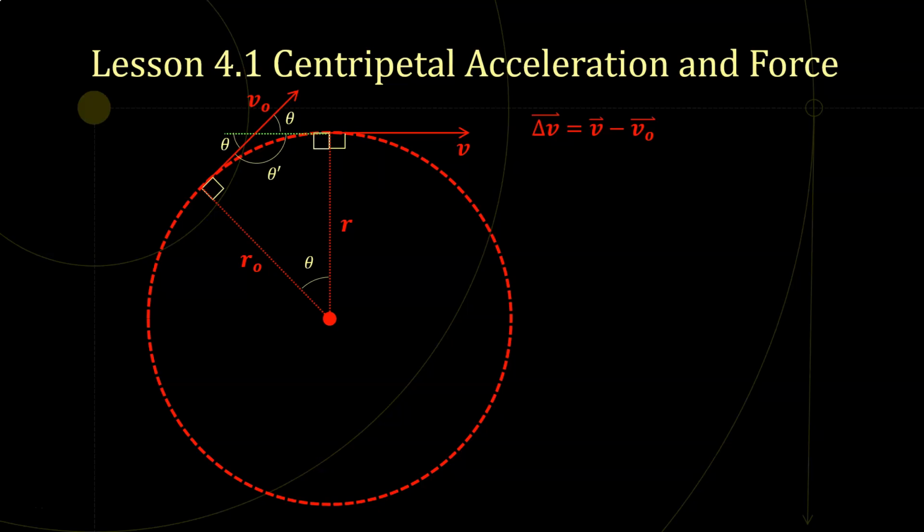So we said that there's an acceleration. The reason there's acceleration is because there's a change in velocity. We're used to calculating change in velocity by subtracting an original speed from a final speed, right? That's how we would normally calculate change in velocity. But how do we do it when it's actually just a change in direction? Well,